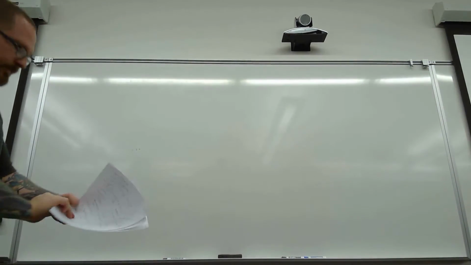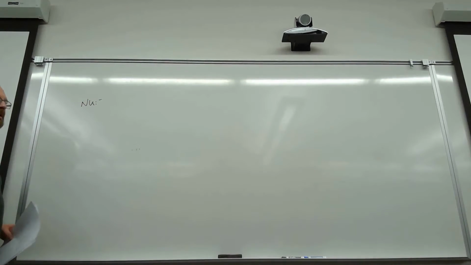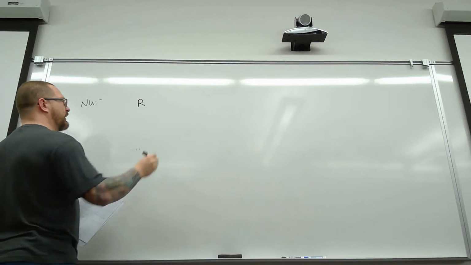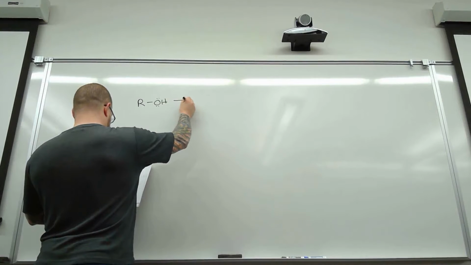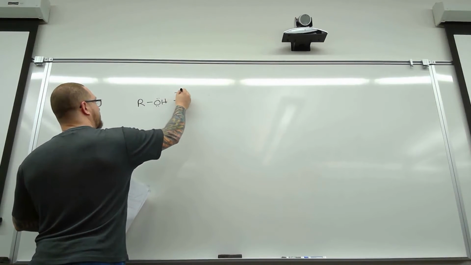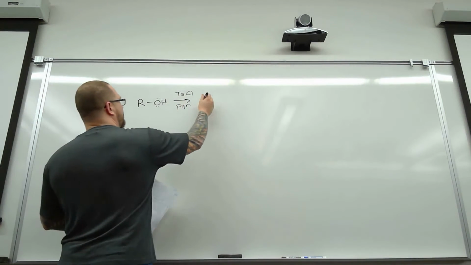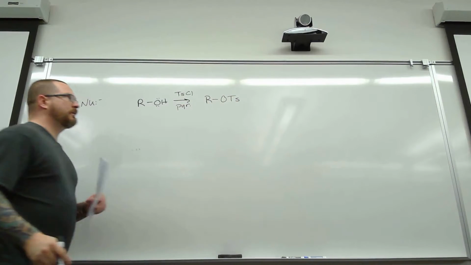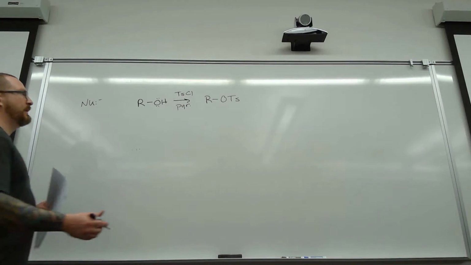Okay, so if we want to do any kind of nucleophilic attack on an alcohol, what we would want to do first, if we're going to use sulfonyl chloride, is take our alcohol and then react it with tosyl chloride, pyridine. So now what we've done is converted the alcohol to something with a good leaving group, and then we can